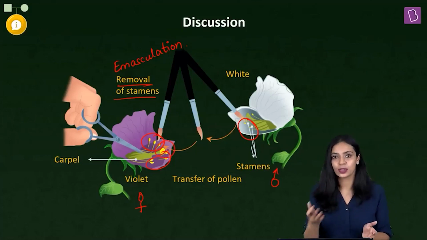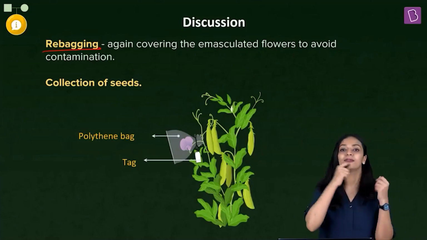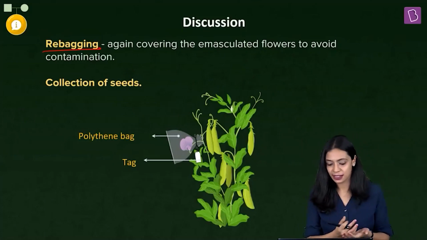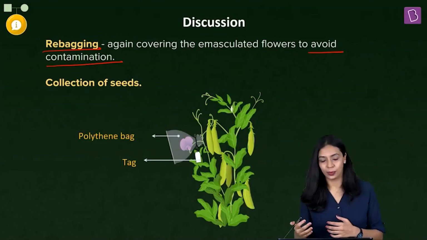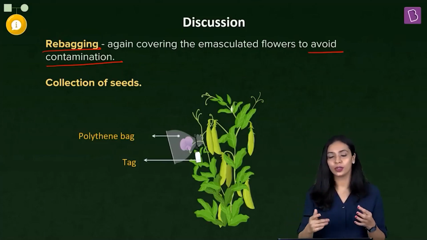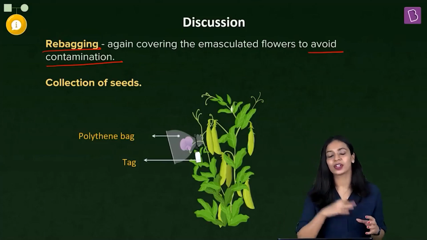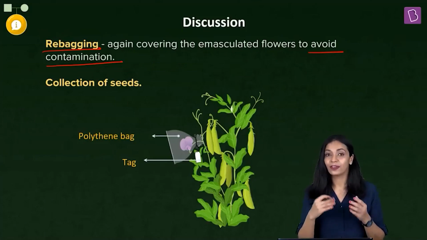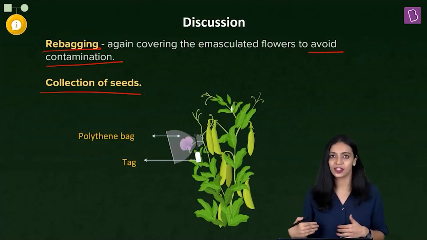So that is cross-pollination. Okay, so after that happens, we cover the pollinated flower with the bag again. Again, the reason is the same. It is to prevent contamination from unwanted pollen. So after this, the pollen will form the pollen tube and fertilization takes place and further development will take place, and the ovary will transform into the fruit, which is the pod in case of pea plants. Okay, so after that you can collect the seeds, and these seeds will represent the next generation.